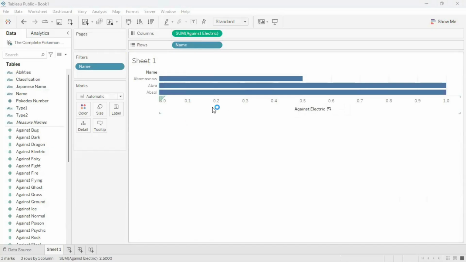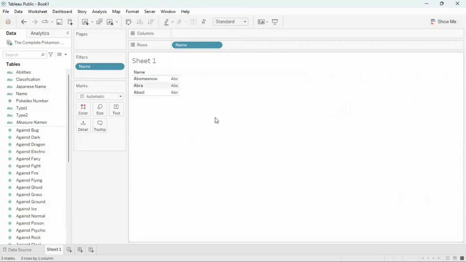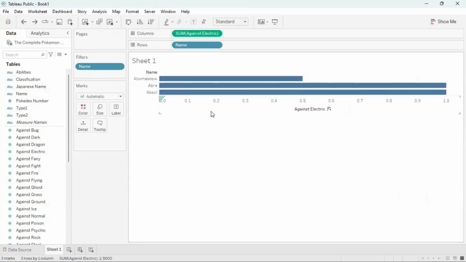Now to clear all the content, so that includes what's in the columns, what's in the rows, and what's in the filter, I can manually delete it one at a time by clicking on each field and hitting the delete key on your keyboard, or to delete it all at once, we can go to the top panel and this